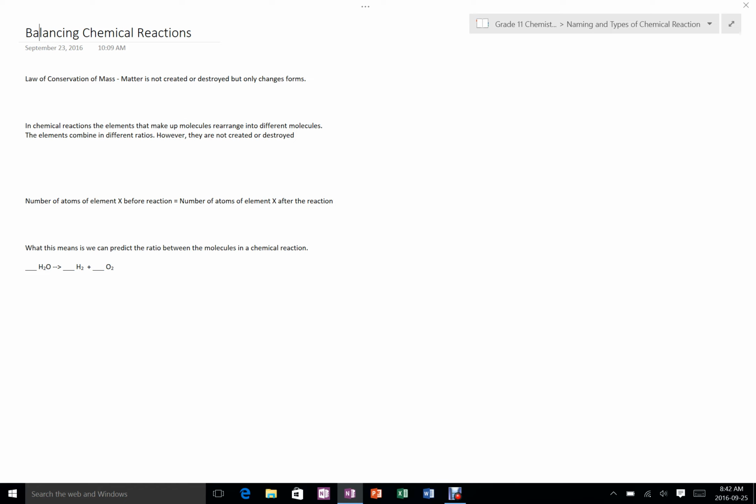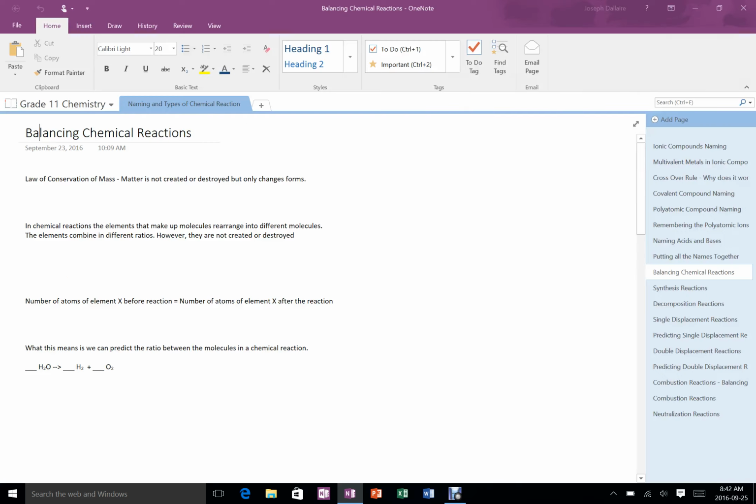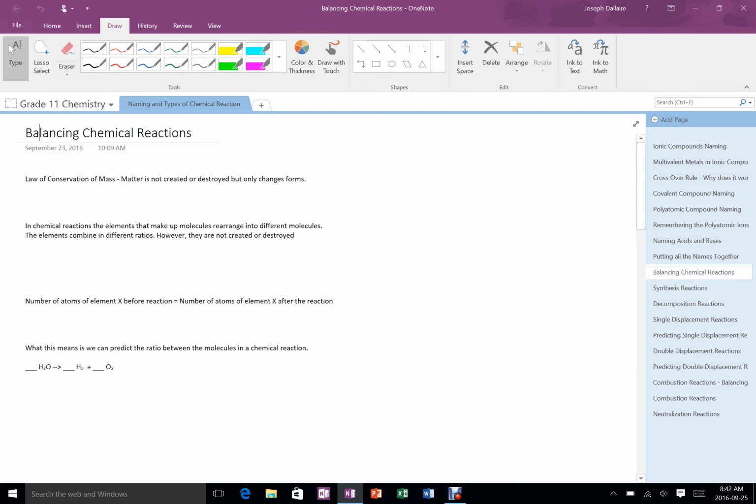So let's look at a chemical reaction here and see if we can see what we're getting at. H2O goes to H2 plus O2. So if we imagine this chemical reaction, I'm going to use some colors here to hopefully help me show this. For the sake of this argument, we're going to say that hydrogens are these little red balls. So we had an H2O, and we'll make oxygen these big blue ones, okay? So there's my H2O molecule right there. See, two H's, two little red ones, combined with one big blue one, one oxygen, is going to, so there's the reaction,